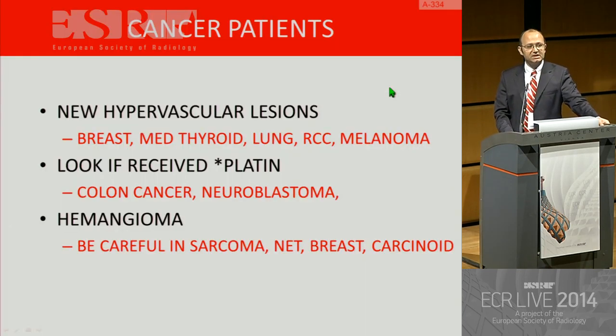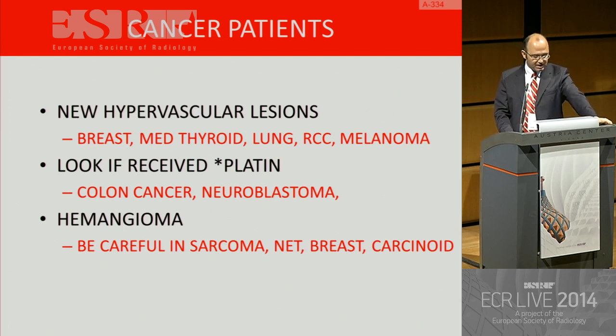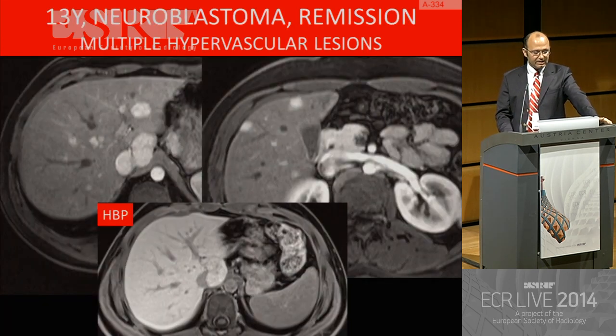In cancer patients, it is extremely important. Breast cancers, I don't like those patients because they can have many hemangioma-like lesions which are metastatic. But look at this lesion, fairly typical. If you have hypervascular lesions in a neuroblastoma, if you do hepatobiliary phase imaging, you can see uptake of the contrast or isointensity to the liver. These are called benign FNH-like lesions or nodular regenerative hyperplasia due to platinum